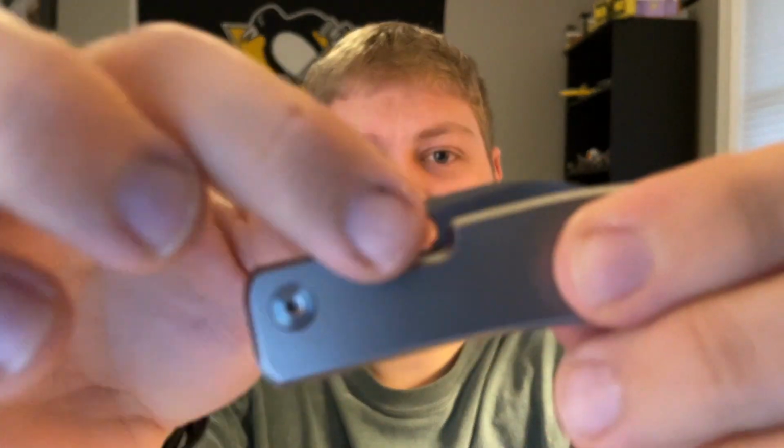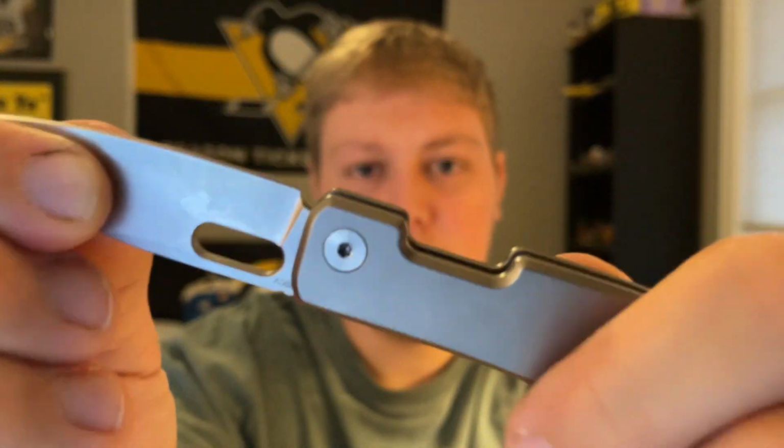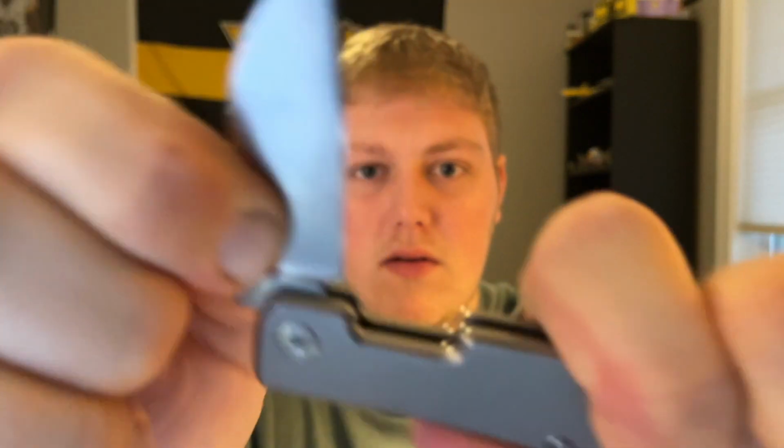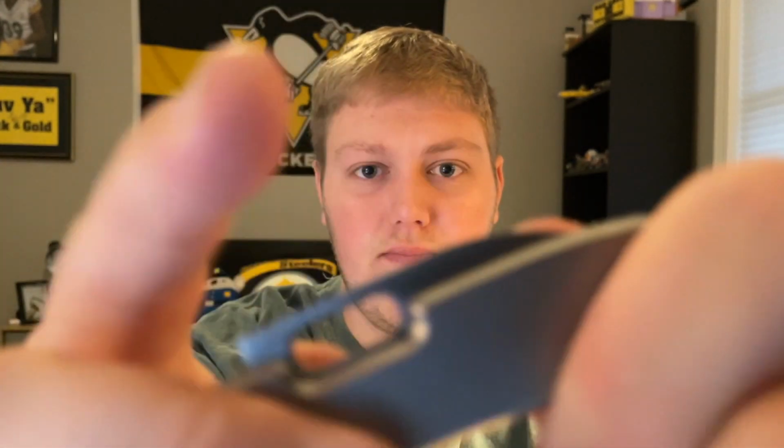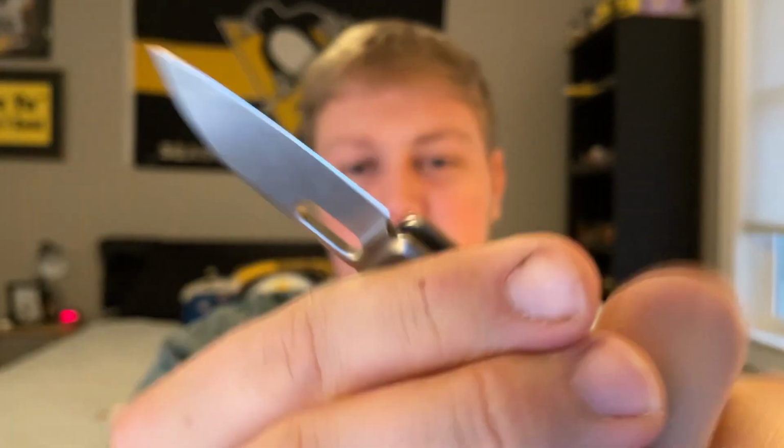But for here, you basically use the hole to open, of course. Pull up, you have a half stop right here, and then you fully come down in the open mode. So to me, this is fun. I'm not going to prefer this over fidgeting with a folder, but I do believe that once you